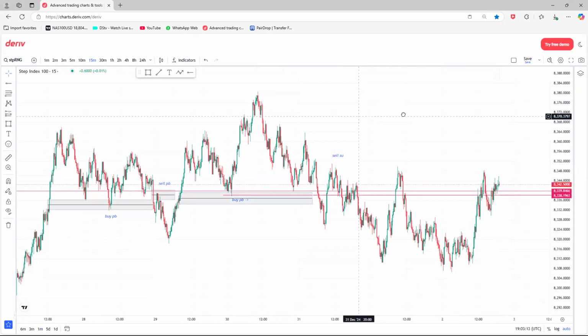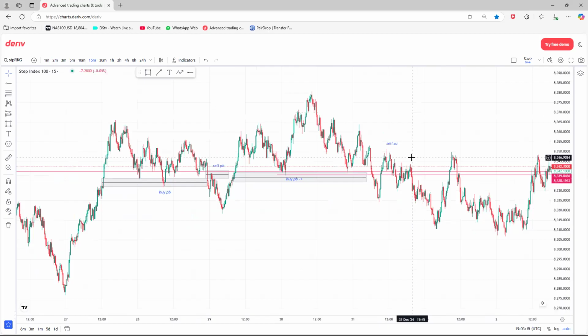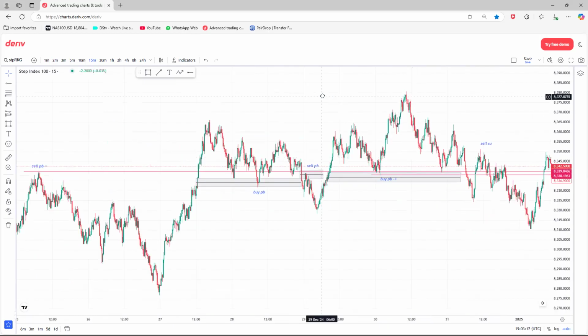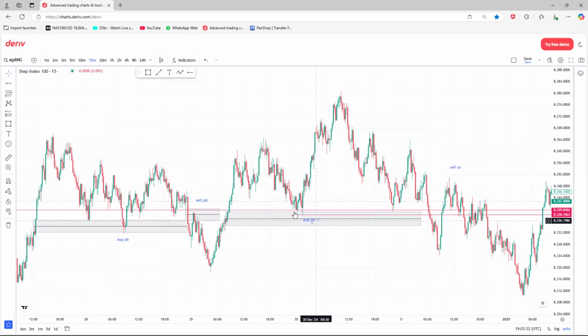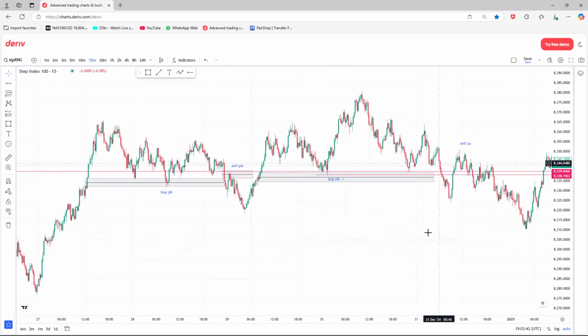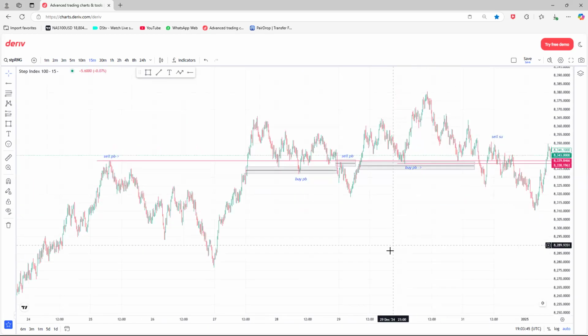We know it's a pullback, but then it's a sell setup in this case. So do you see how it moves? It moves from sell pullback to buy pullback to sell pullback to buy pullback. And when that last buy pullback gets broken, it confirms a sell setup. So you don't look here anymore. You don't get confused and say, oh, it's broken here, so that means the area is here. Now you know automatically that the zone is a bit higher. You don't get confused with the wrong zone because you know